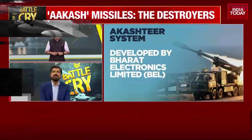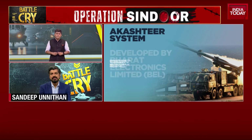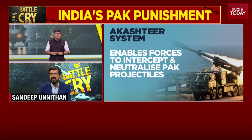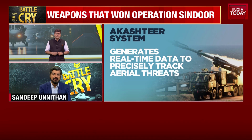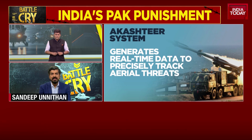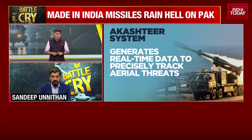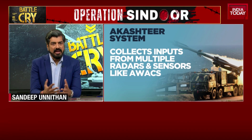Well, the Akash is, again, one of the most critical Indian defense platforms developed. It was part of the IGMDP missile program that started in 1983, and it has now begun to be inducted by the Indian Army and the Indian Air Force. The missile has a range of over 40 kilometers. It has a proximity fuse, which means that it can detonate near the target, destroy targets, primarily aircraft and even